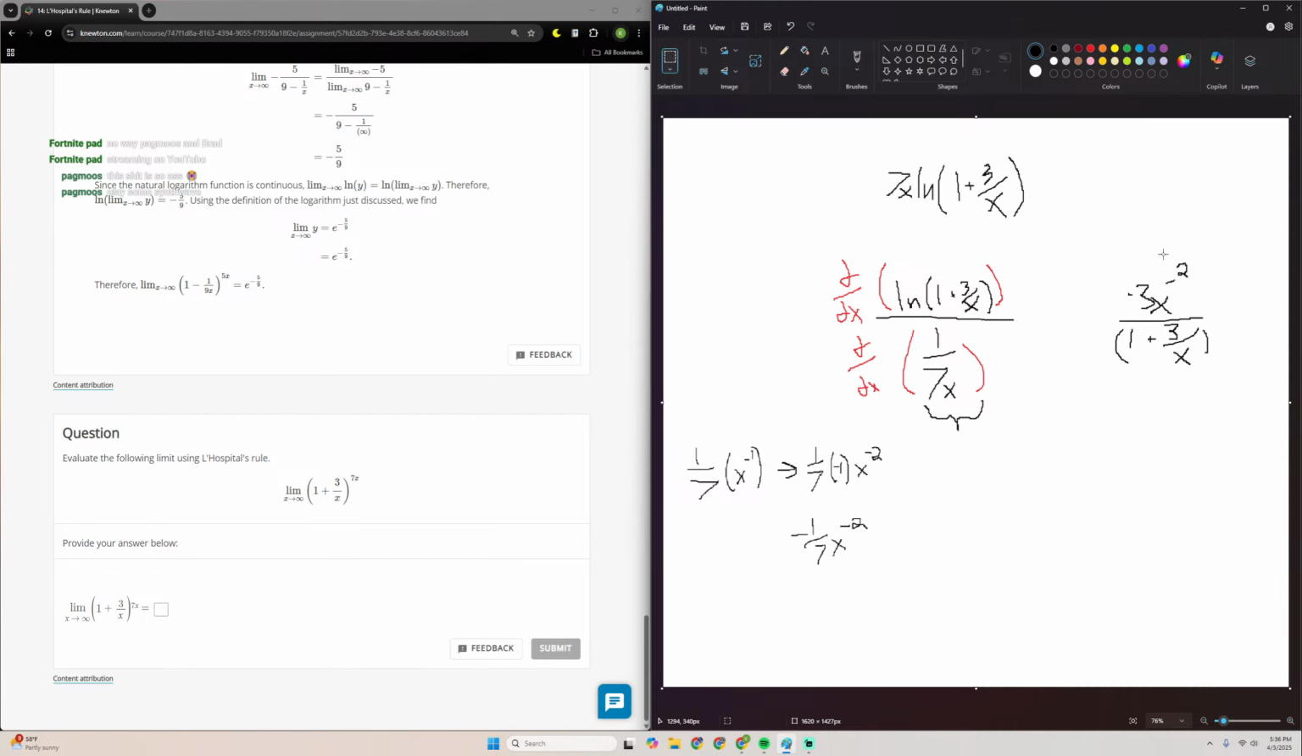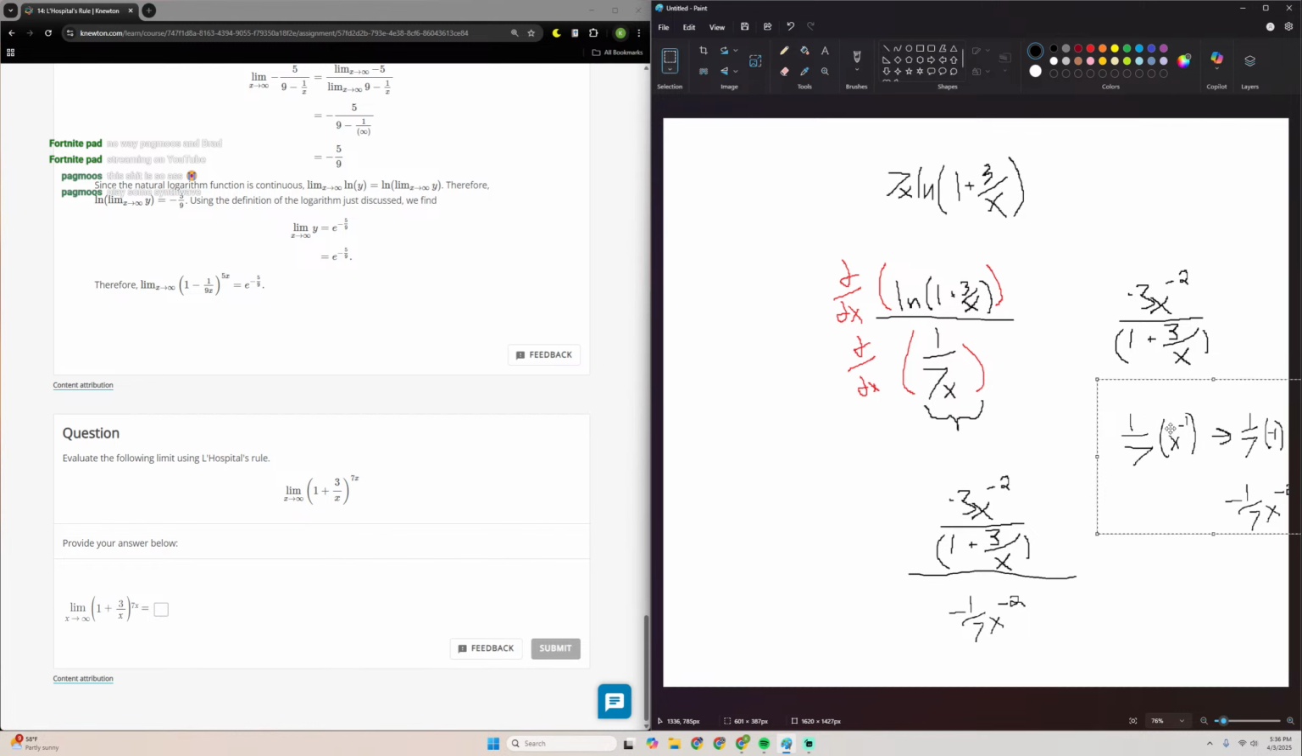Let me just copy and paste this. There we go. All this over this. This is their entire equation after it's been derived, and now we have to